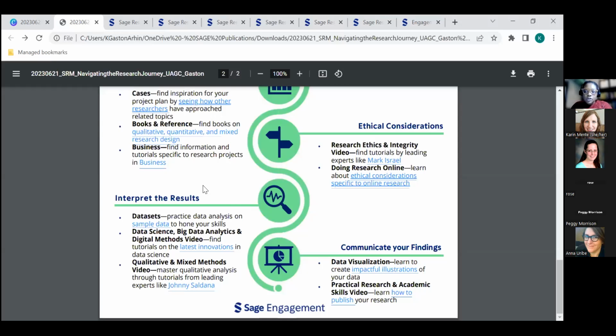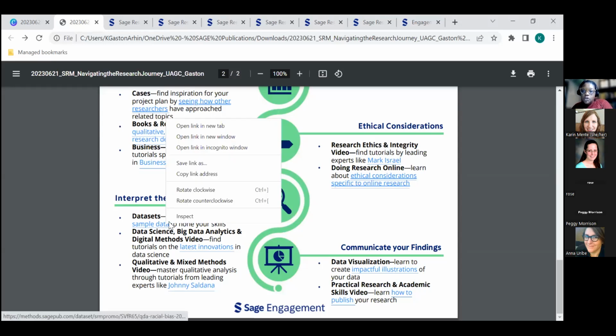Kind of moving along, we get towards the end of our research journey. We may be interpreting results after collecting data, or interpreting results of found data, source data. And so going back to those data sets, and then also some of our video collections on data analytics, or some of our collections that just talk about qualitative and mixed methods video, you'll be able to